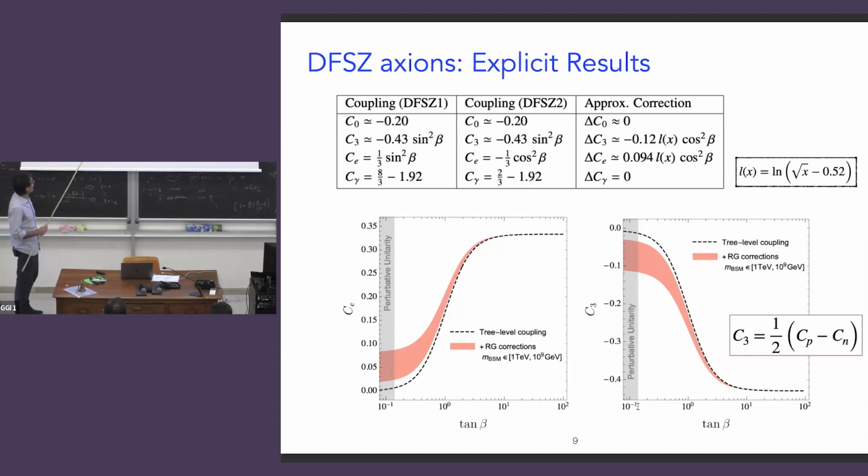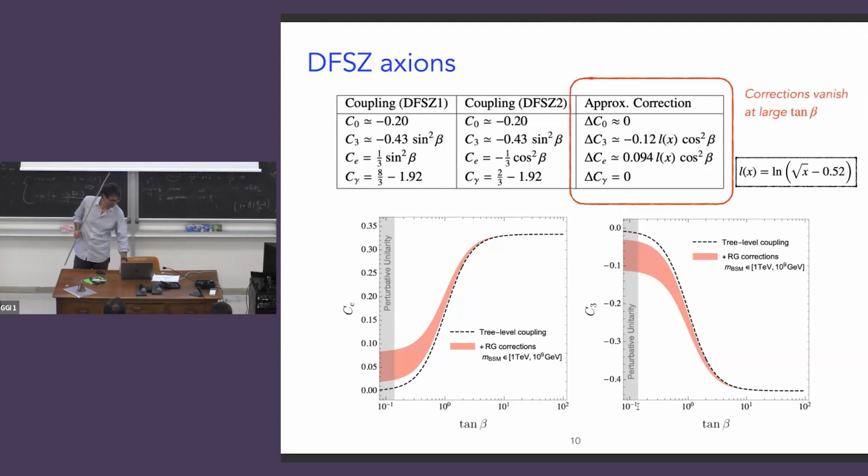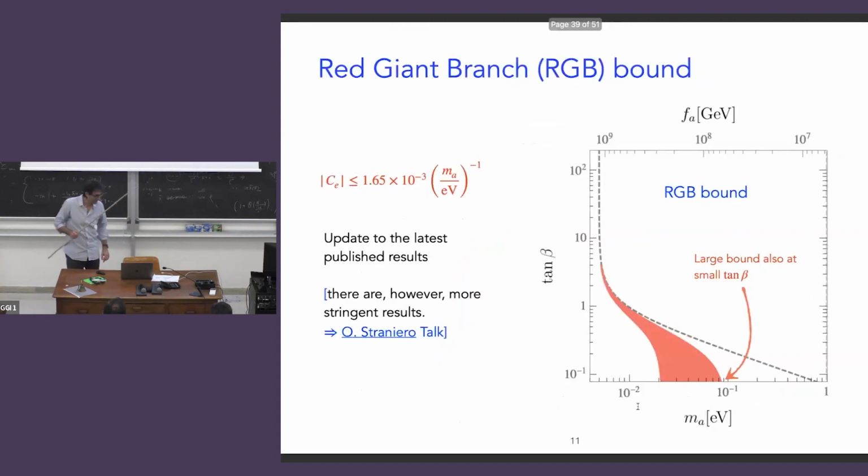So, okay, good. Let me show just some results. There's not much more. As I say, the corrections are larger at small tangent beta. So now let's talk about some of the results that were discussed earlier, right? So last week